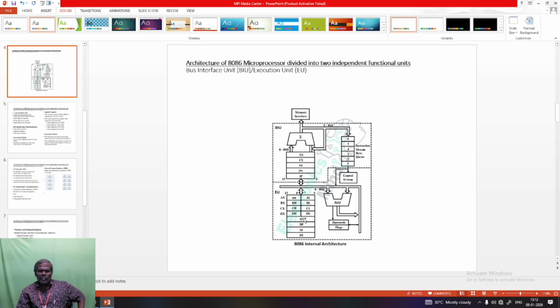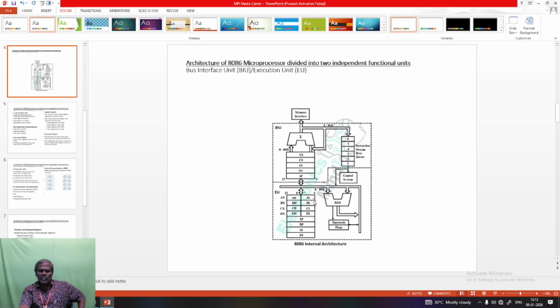At the time of execution by the execution unit, the bus interface unit won't be idle. During the execution, the bus interface unit is not in holding mode. It keeps fetching the information and keeps it in the prefetch queue.